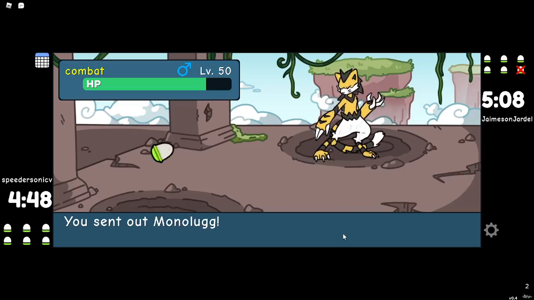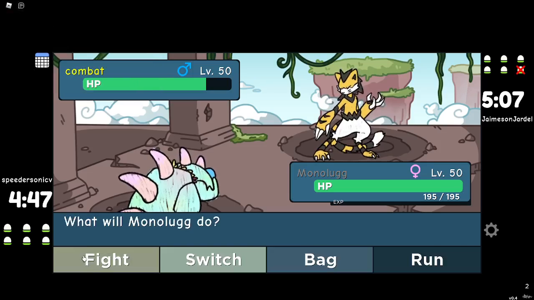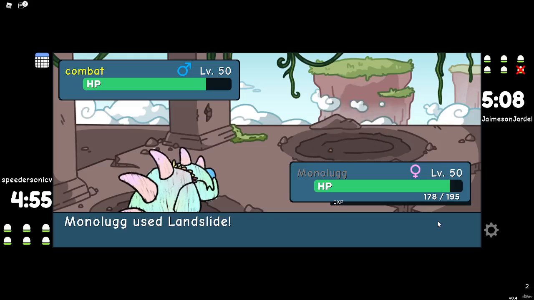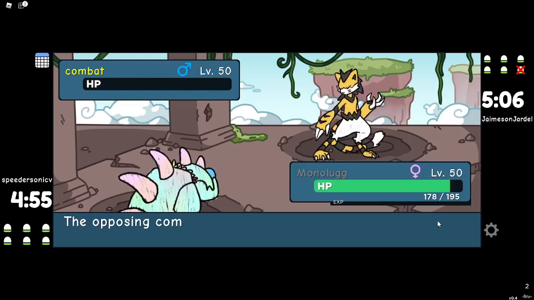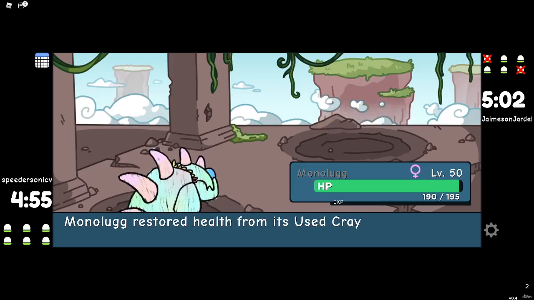Here we go into monologue. Nice. Now it dies. And we can use our new move, Landslide, which has a chance to flinch. So if we actually outspeed something, you can flinch it, which is kind of hilarious. It is 85% accurate, so most likely it's not going to hit. Or most likely it is going to hit, but...